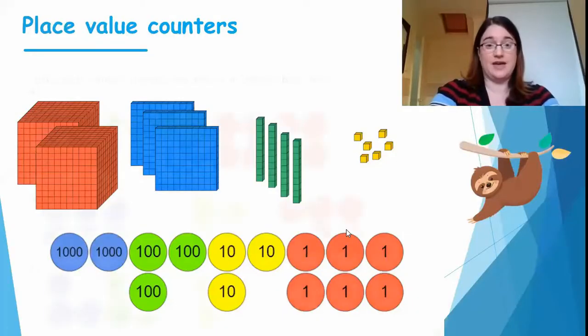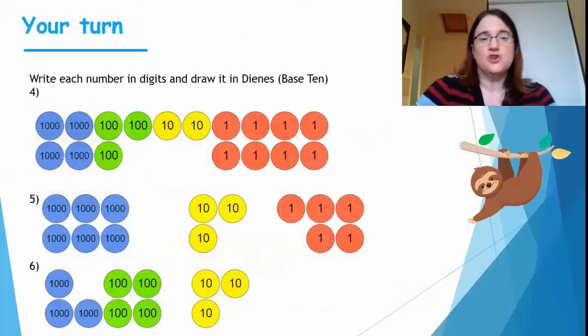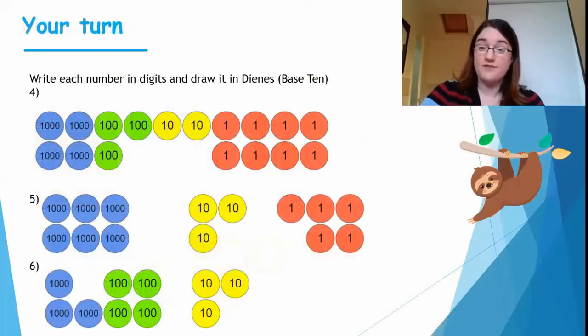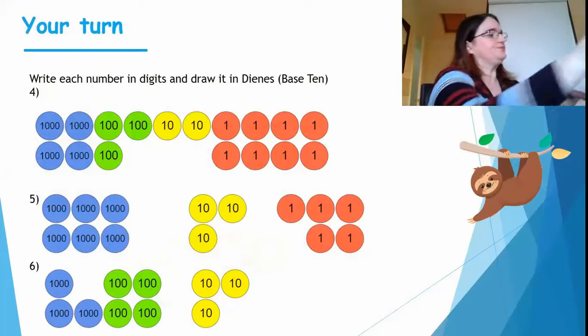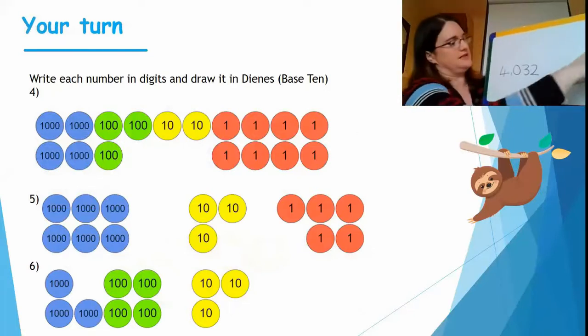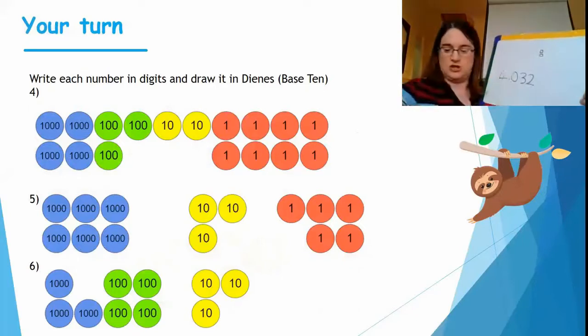Okay, I know you can do them. Think carefully about what each picture represents. Okay, let's have a look at them now. And you're going to write each number in digits, and rather than writing in words this time, you're going to see if you can draw it in base 10. Okay, so what you're going to do, if I've got my 4,032, I'm going to draw 2 little cubes to